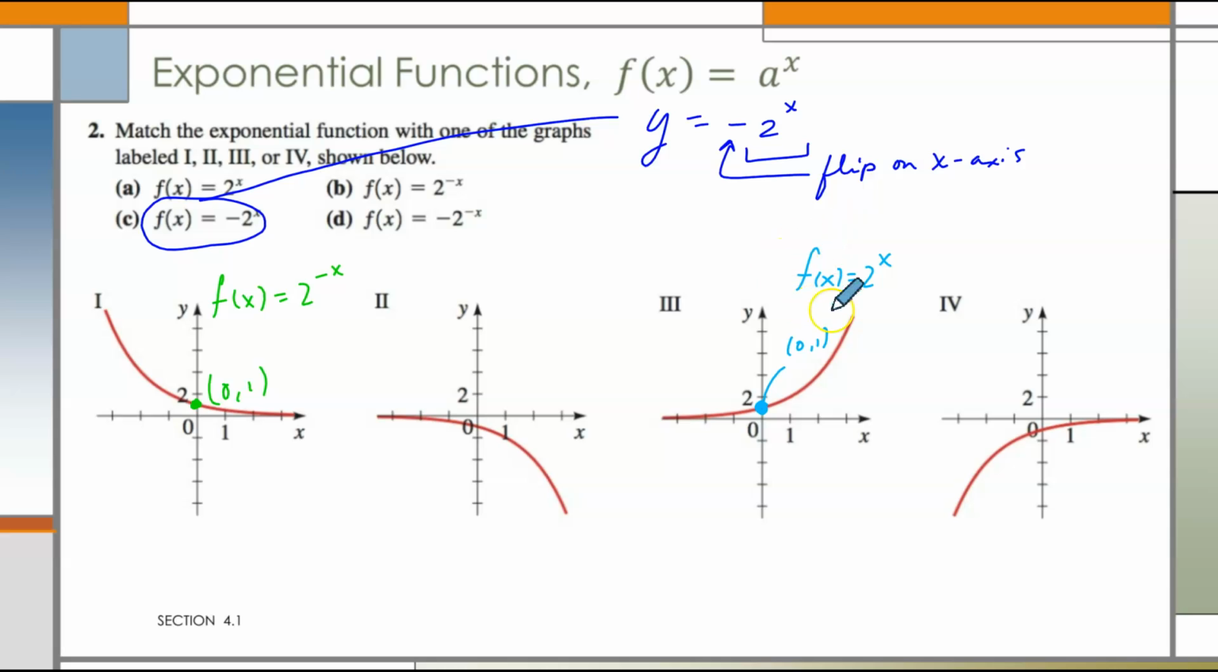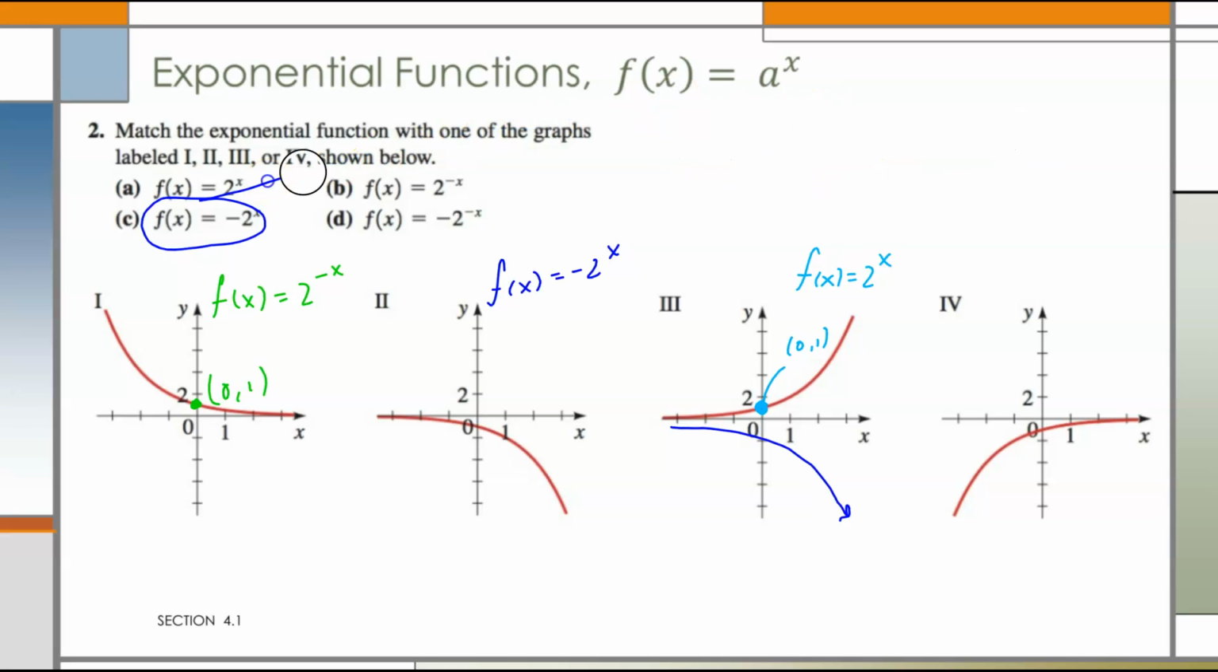So if I take this 2 to the x graph and I flip it on the x-axis, we see something that looks like this, and that matches graph 2. So graph 2 must be f of x is equal to negative 2 to the x. Okay, in a similar fashion, let's look at part D. If we look at part D, f of x, or y, is equal to negative 2 to the negative x,